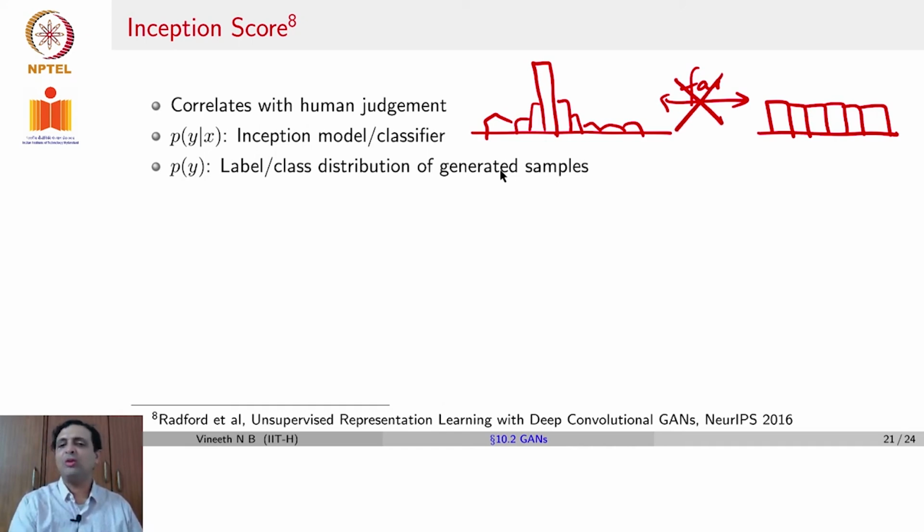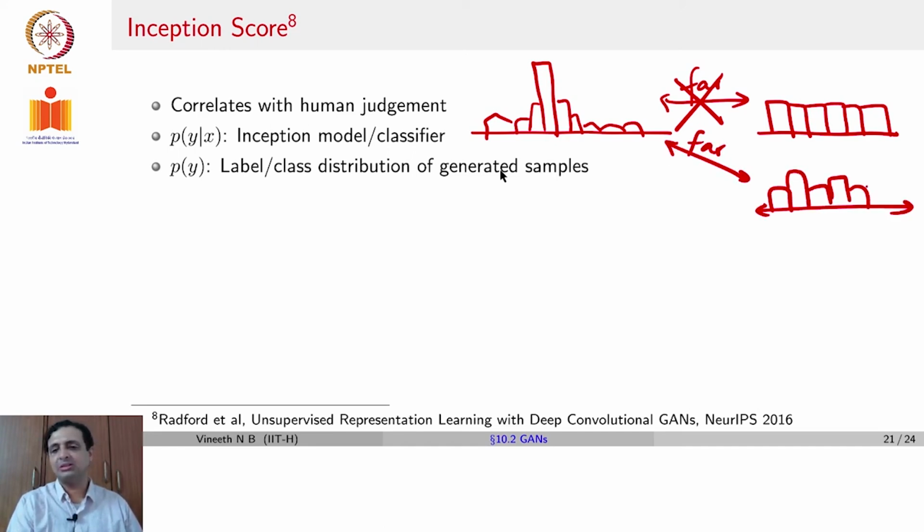We don't want it to be far away from a uniform distribution. We actually want it to be far away from how class labels are distributed among those generated images. That is the baseline for us, because it's possible that your GAN model generated more images of a certain class and lesser images of another class. So how the marginal distribution of the class labels in your generated images look is the baseline, and you want the class distribution of a specific data point X to be as far away as from that baseline distribution for